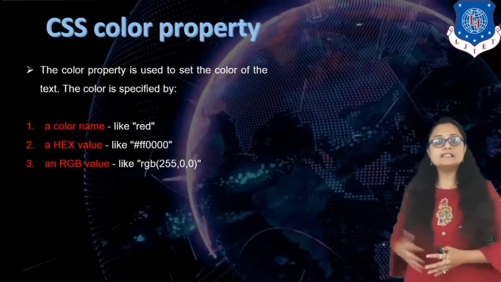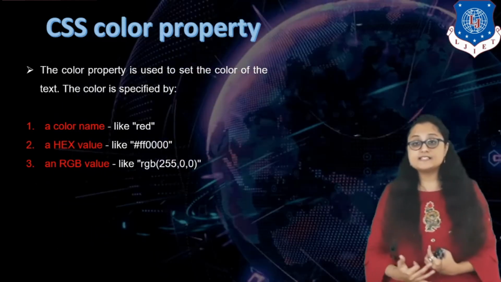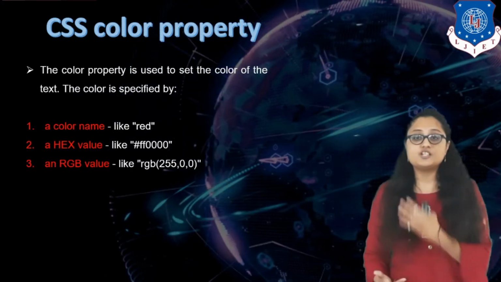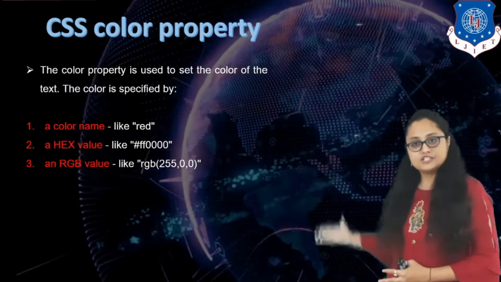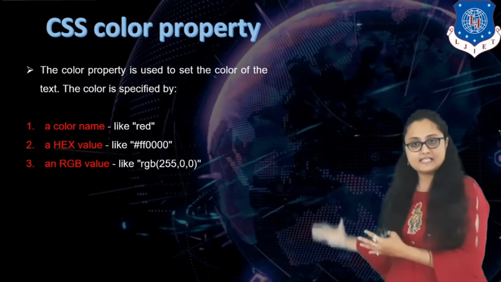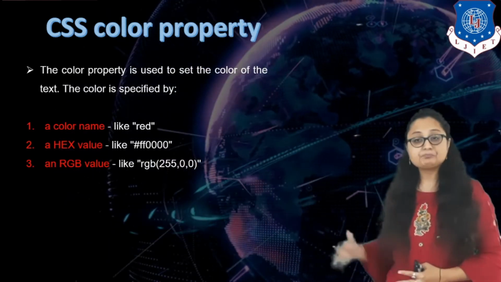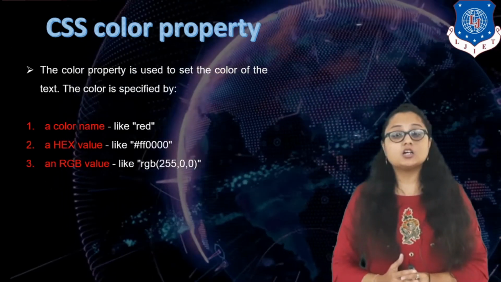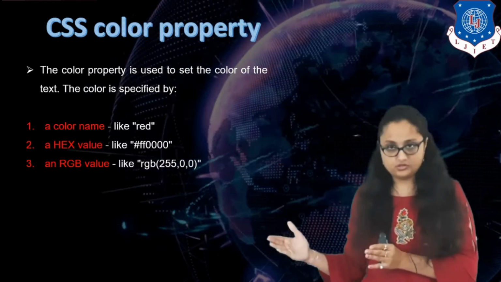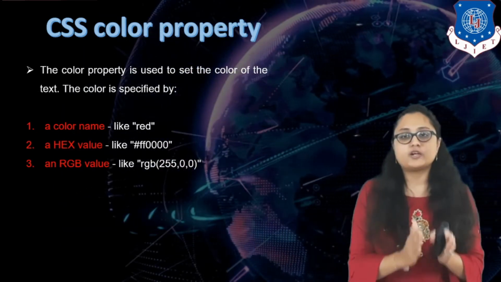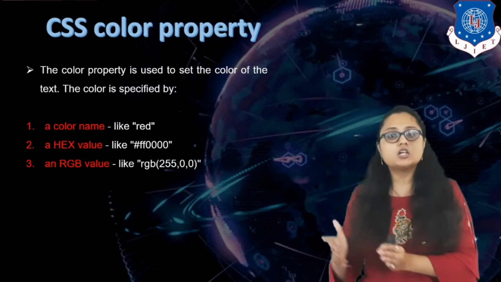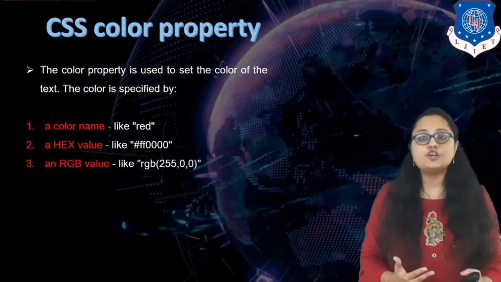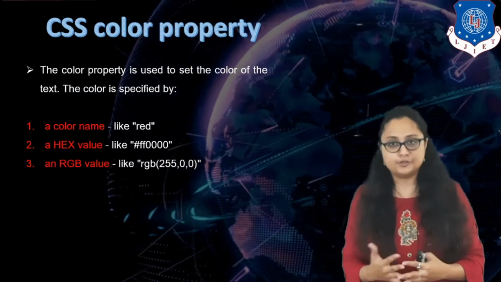The second method you can see over here is that you can set a hexadecimal value. This we have already studied in HTML also while specifying the color. These were the same methodologies in which we were giving color values. The second method is the hexadecimal value, in which you write basically 6 values, but they are in pairs. There is a first pair for red color, second pair for green color, and third pair for blue color. So we are basically specifying the intensity of red, green and blue, that is the RGB value, right?